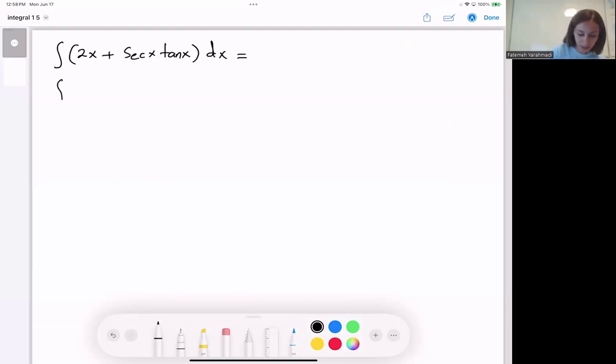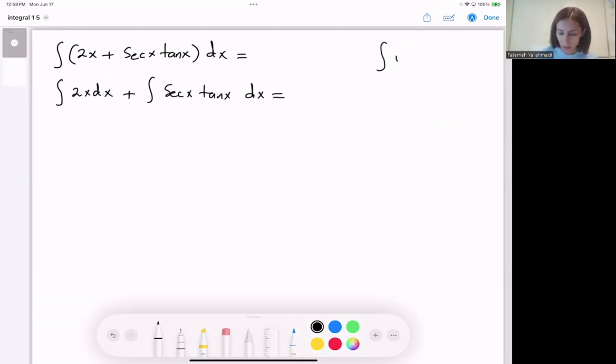This can be written as the integral of 2x dx plus the integral of secant x tangent x dx, which in turn is equal to the integral of 2x, following the integral of u to the n du, which is u to the power n plus 1 divided by n plus 1 plus c,